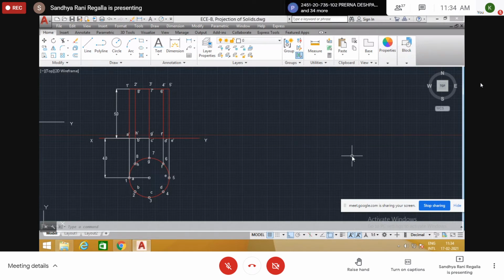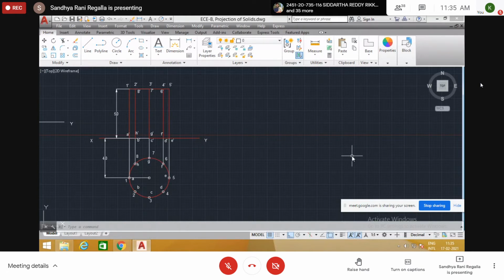So it's a triangular prism. A triangular prism means we have one triangle at the bottom, one triangle at the top, all equilateral triangles only. Two equilateral triangles, one at the bottom, one at the top, and all three sides of the triangles are joined with the rectangular faces from top to bottom. That is the prism. Pyramid means triangles, all joined at one top point, the apex. Prism means one face at the bottom, one face at the top. These two faces are joined with the rectangles. That is a prism.